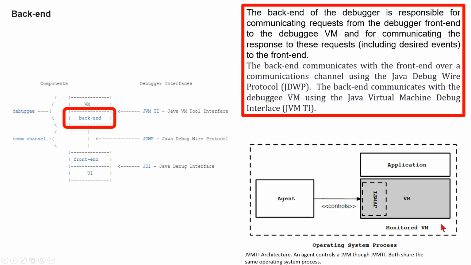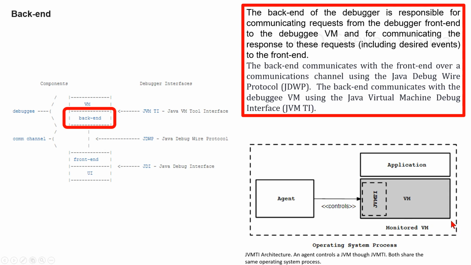Here you can see a JVM TI architecture. An agent controls a JVM through JVM TI. Both share the same operating system process. The Java Virtual Machine Tool Interface, JVM TI, is the interface offered by the Java VM for its manipulation and